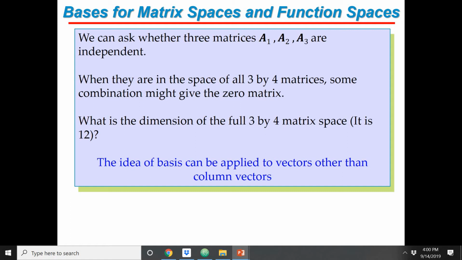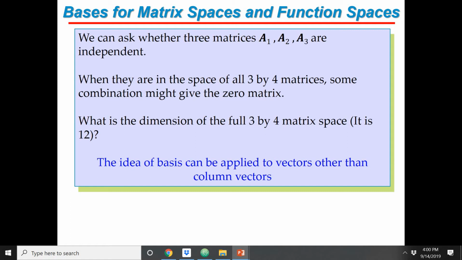Now, let me try to generalize things so we can finish this lecture. We talked about vectors, but vectors, you can use it in a liberal sense. They don't have to be vectors in Rn. So you can think of a vector space that consists of matrices of the same size. For example, you can look at a vector space of matrices whose elements are matrices 3 by 4, and you can ask yourself,